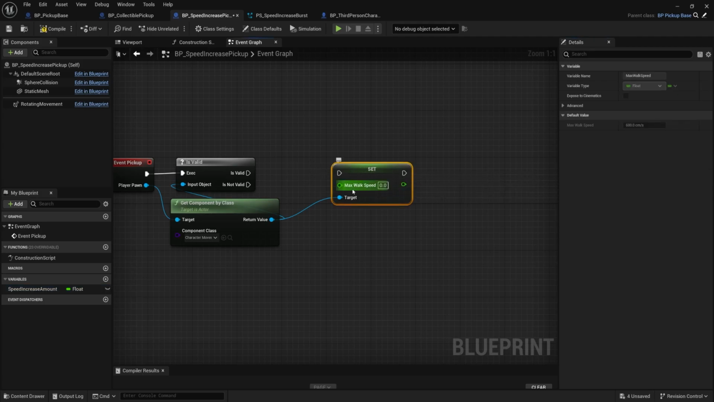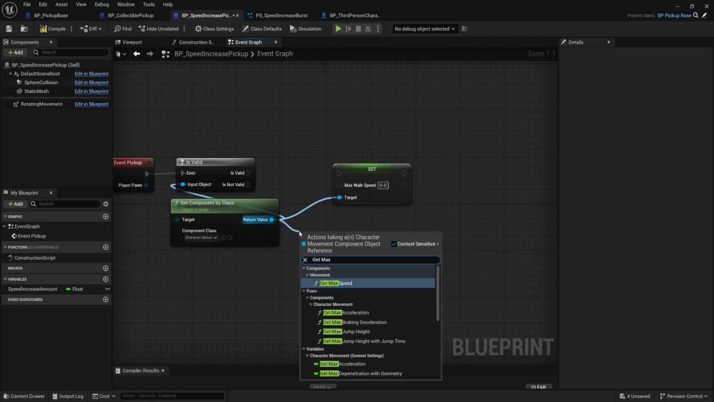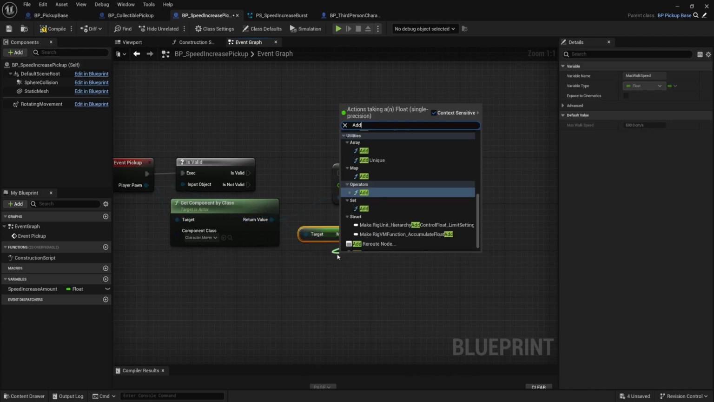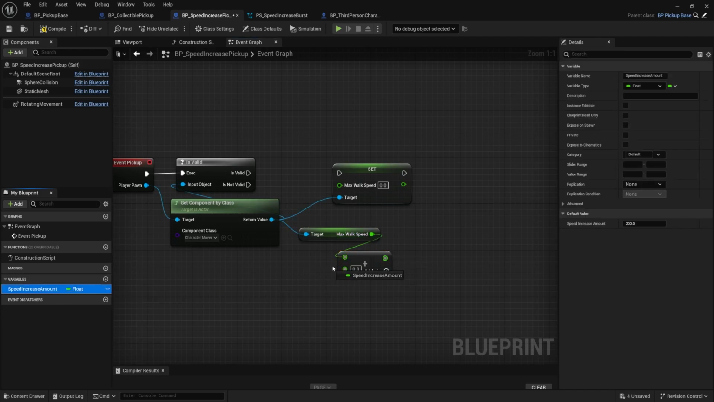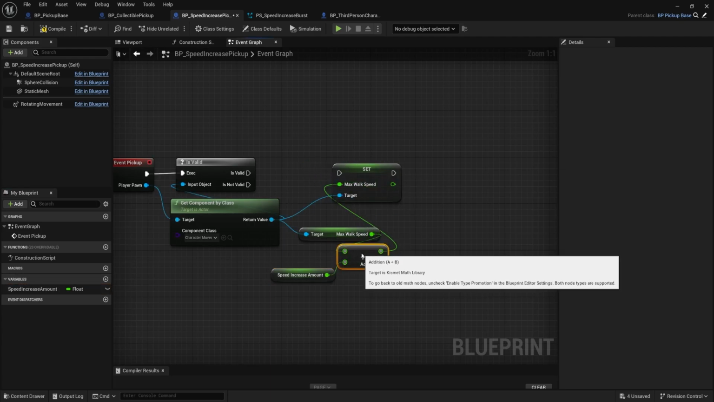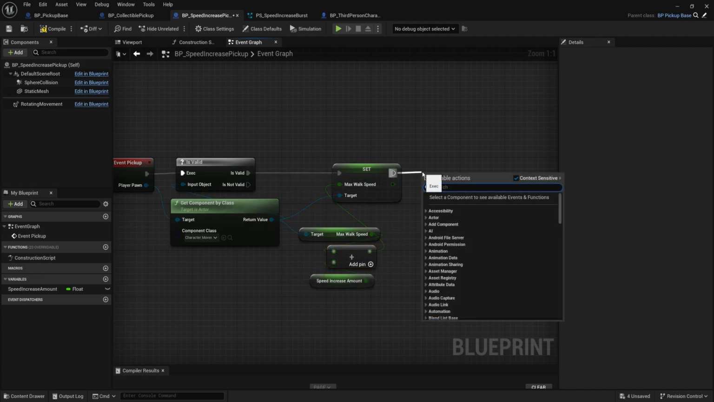So set the max walk speed to, well, first let's get the current walk speed. So get max walk speed, that one right there. I'm going to get the current amount and add, so do the add and add our speed increase amount. So take the current amount, add the speed increase amount to it, and that's what we want to set it to. So add this small amount to our existing walk speed. Make sure that we plug this in. If it is valid, we do want to set this. Make a print string,